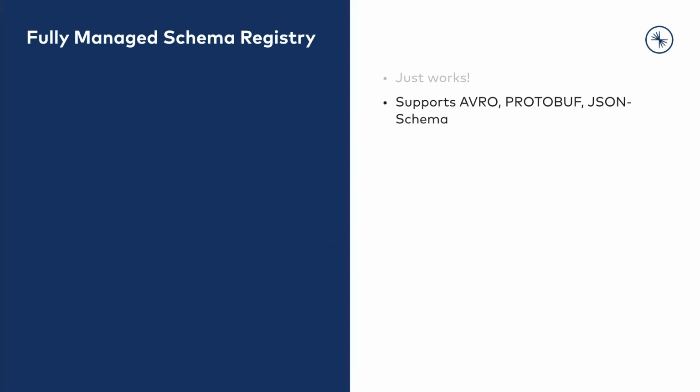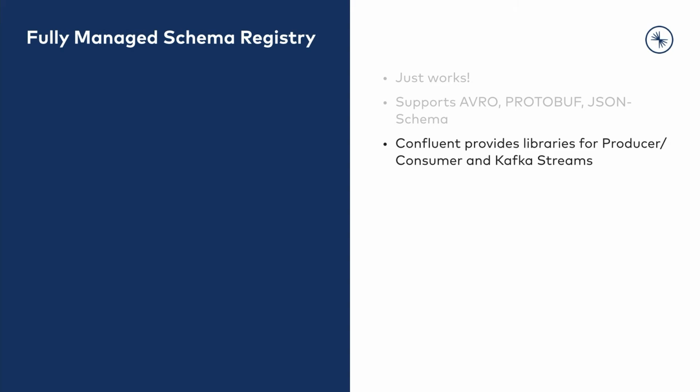In one application, you actually can use multiple schemas, and if you are interested in doing this, there's a Kafka tutorial that shows you how you can change serialization formats in your application. Confluent provides implementation of serializers and deserializers for all these formats, for Avro, for protobuf, for JSON schema. So you need to put these libraries in the class path.